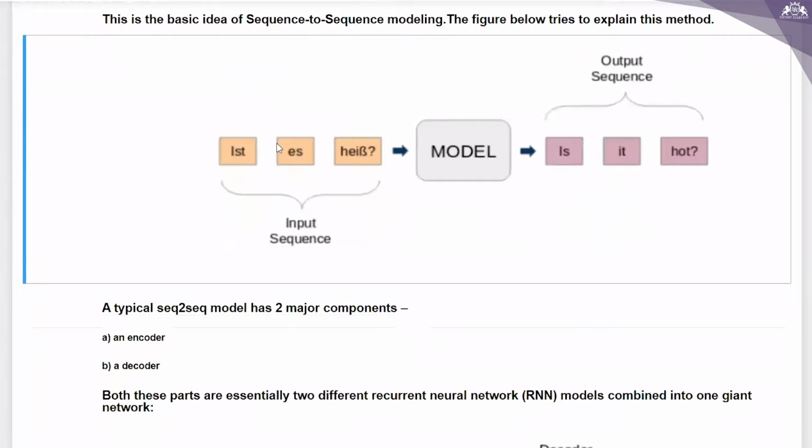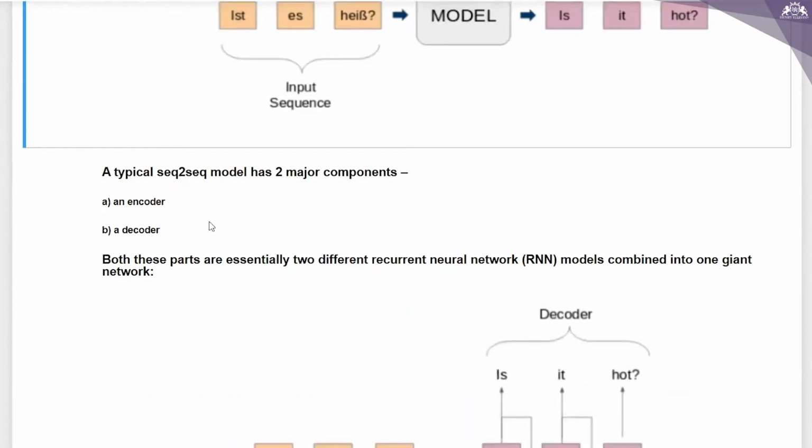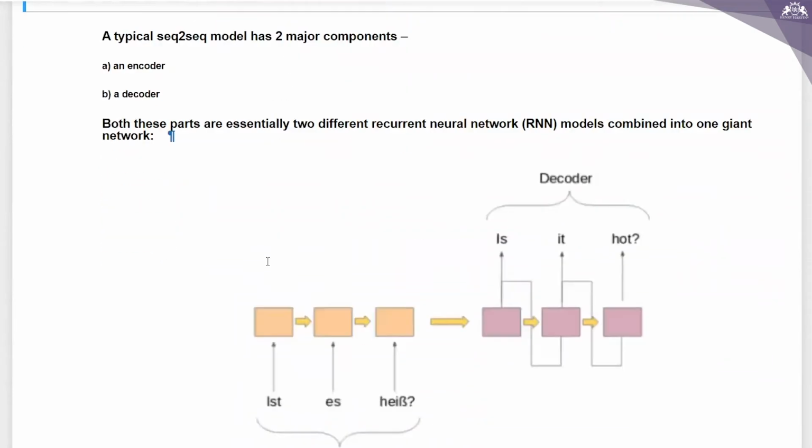So now let us try to understand. This is the input sentence in German, and I am using the model, and the output I am getting is in English. I do not know German, but still the meaning of it is there. A typical sequence to sequence model has two components: one is an encoder and the other one is a decoder.